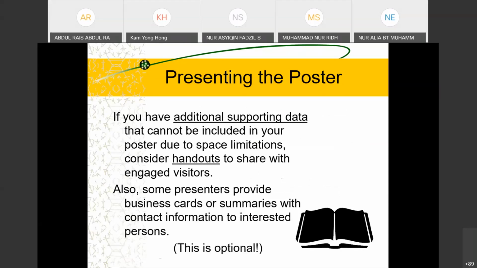Okay. If you have additional supporting data that cannot be included in your poster, consider having a few handouts on standby to share with interested visitors. Okay, so if you are diligent and want to share additional information, you can have handouts on standby too. Okay,